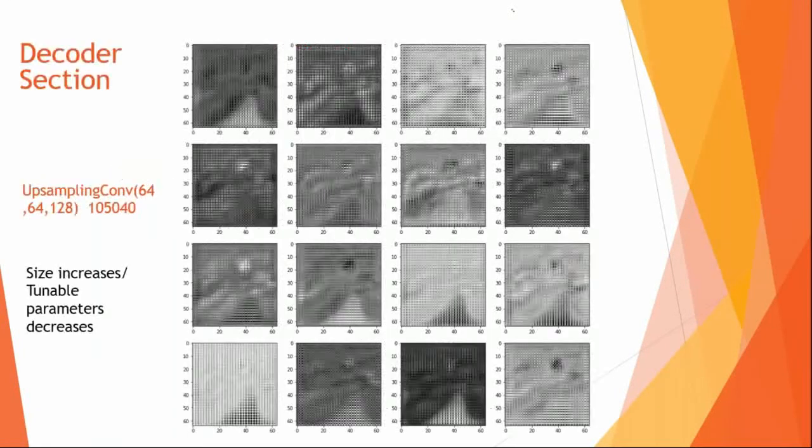Earlier it was something like 350. Now I'm unable to show, but maybe for 32 it's something like 16 or 18. The position of the lesion has changed quite a lot, which means you've lost the where information completely, but you have gained the what information. The lesion is present, you're able to gain it, but you lost the where information. Now this feature is fed into the decoder network.